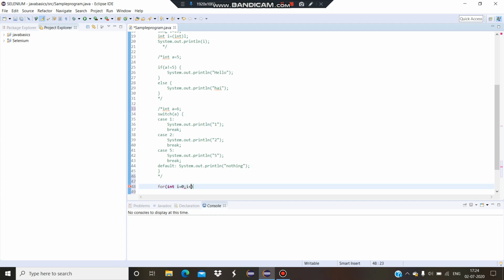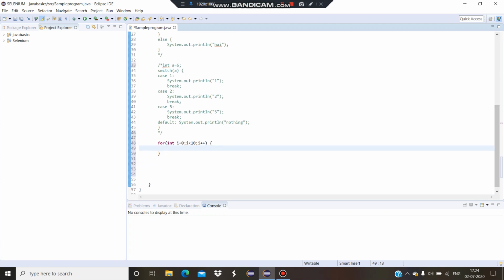Second is the condition, so I am setting it i less than 10. Third is the update condition, so I am incrementing it. You have the option to decrement if you are using the greater than symbol in the condition statement. Here I am using the less than symbol, so you have to increment it from 0 to 10. Each step is incremented from 0, 1, 2, etc.